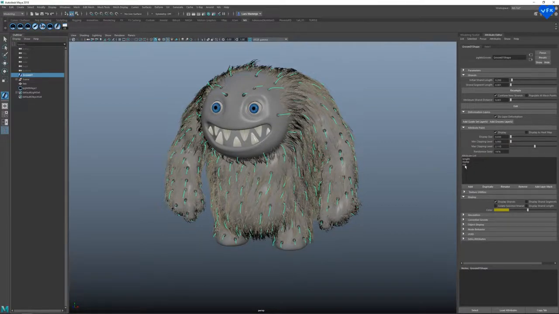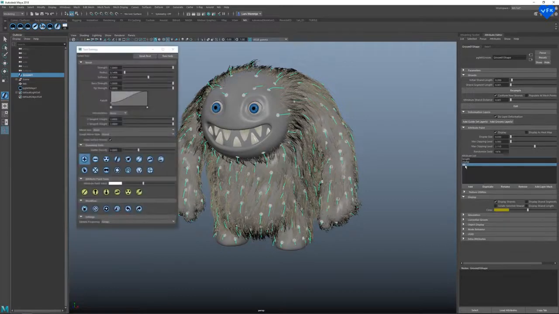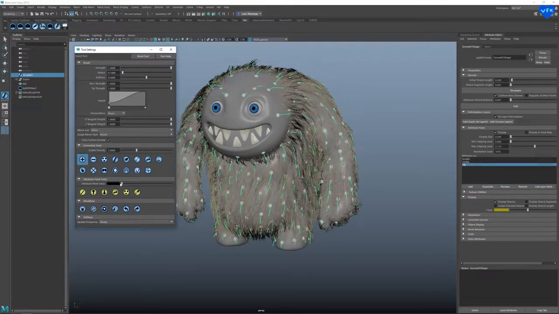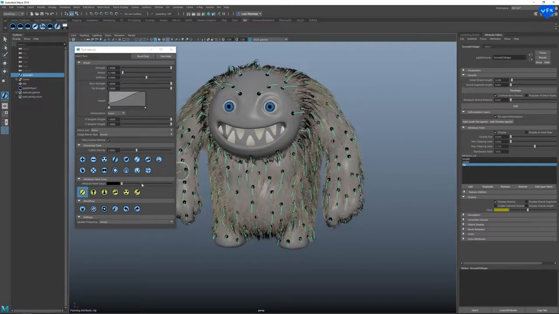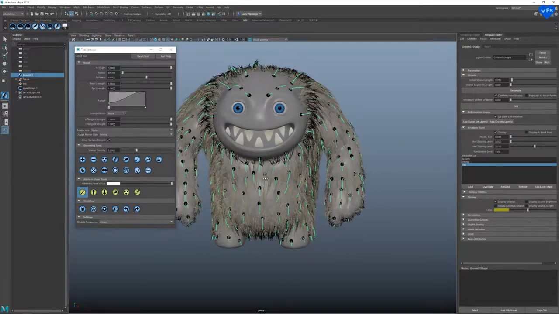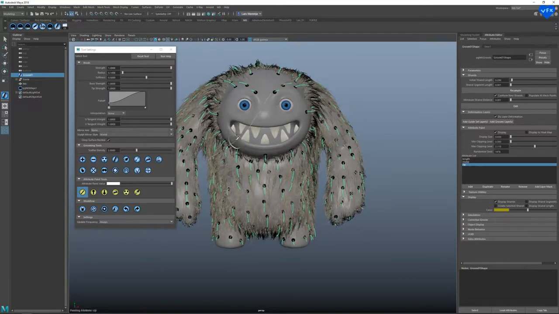So let's double-click on our new attribute, set our attribute paint value to black, click on the attribute paintbrush, and click on this fill button, which makes all of our attribute roots black. Now let's set our attribute paint value to white, decrease our brush size, paint a bit on the attribute roots,